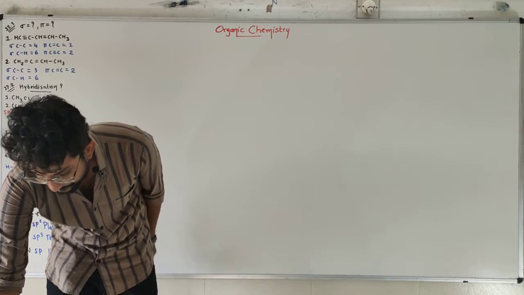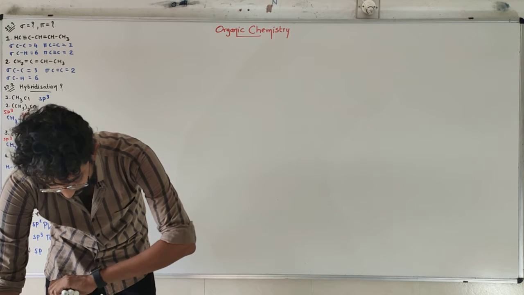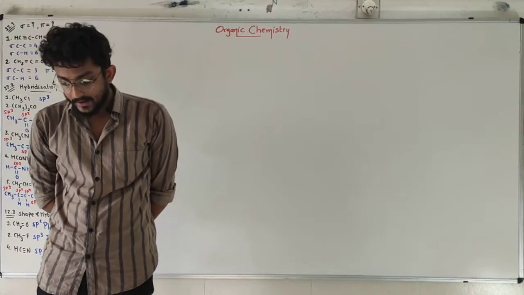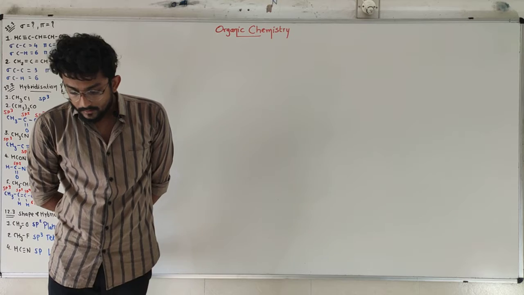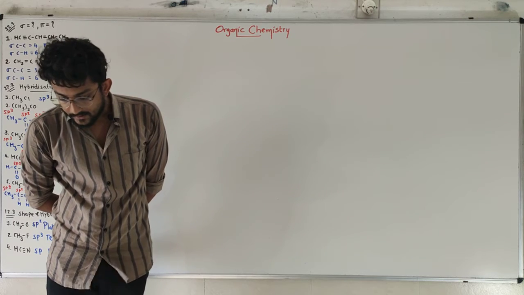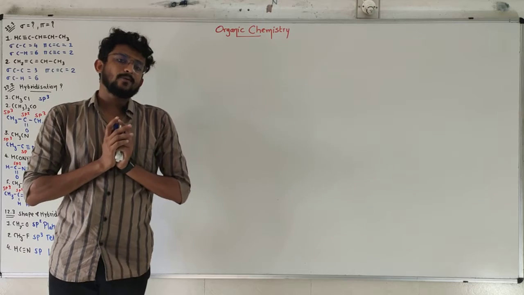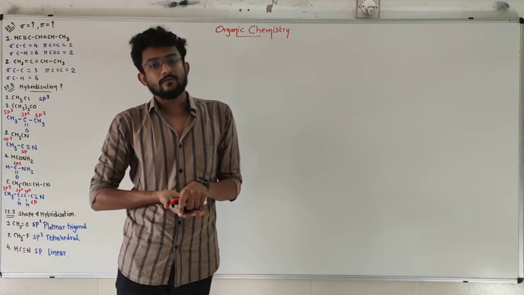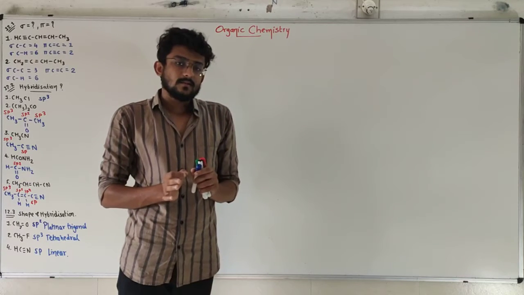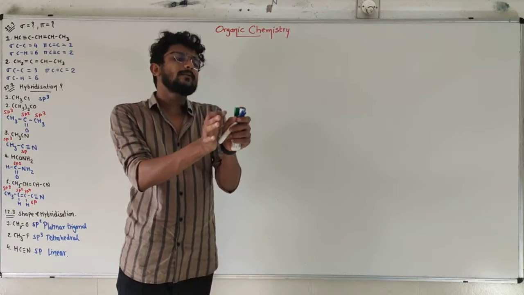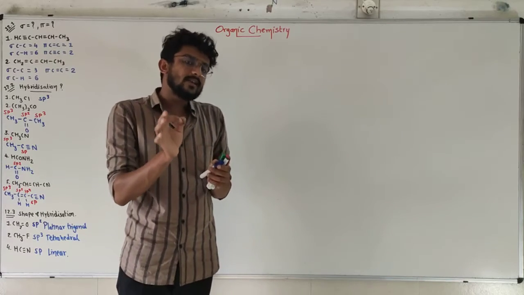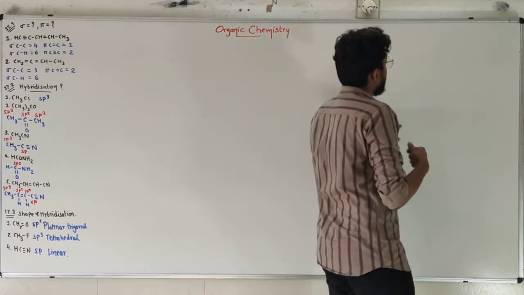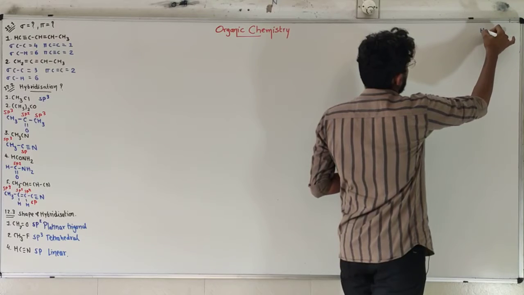After that, our next problem, number 4: expand each of the following condensed formulas into their complete structural formula. We are given condensed formulas and we have to convert them into complete structural formulas, in the sense that whatever compound we are given, we have to show every single bond. We can do that very precisely, so that will be for homework.